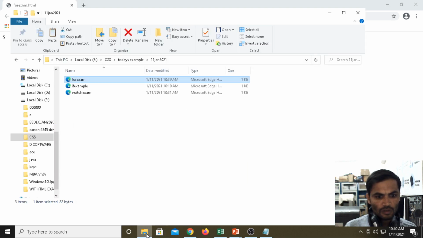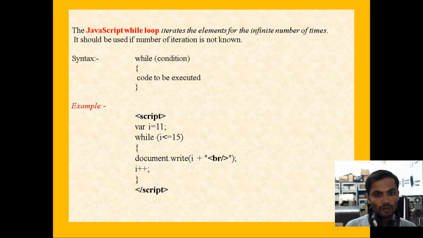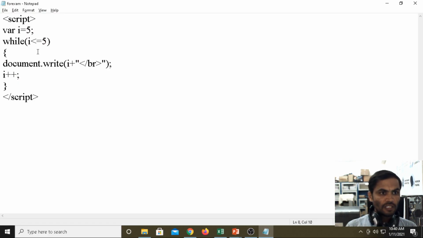Now if you want to see, this is a for loop, the value we are given. If you want to execute the program, we took the i value equal to 5, then condition 5 less than or equal to 5, the condition is true.